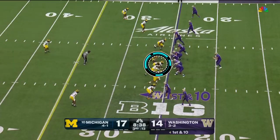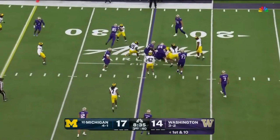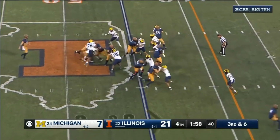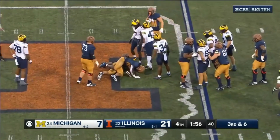On this play here, he's able to get engaged with the guard, but break off that block to get the running back in the backfield for a tackle for a loss. And on this play here, he's able to knife through the B gap. It doesn't make the tackle per se, but it shows you how quick he can get up the field once